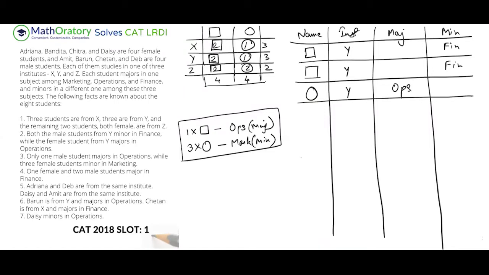So now we can actually put this in the table, because we are confident that these are two different males, and there are a total of four males. So the male part is completely done. All we have to do is fill up A, B, C, D as we get that information.